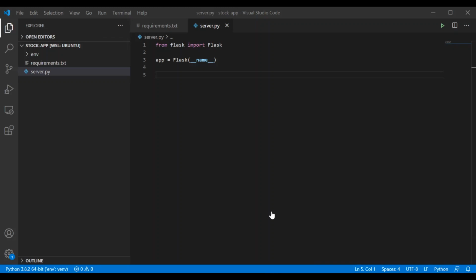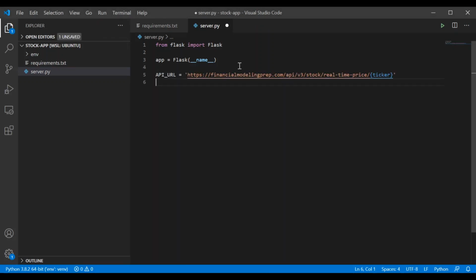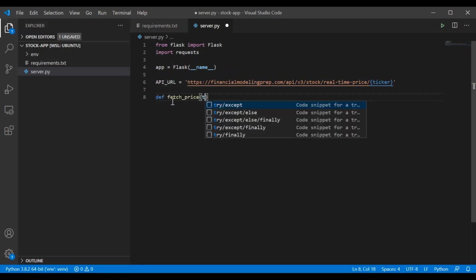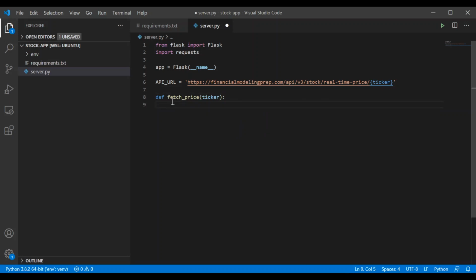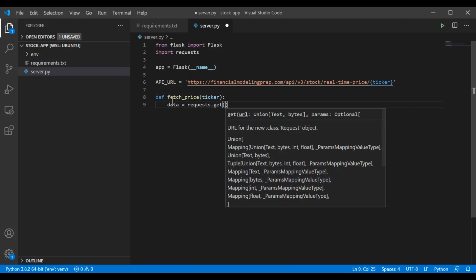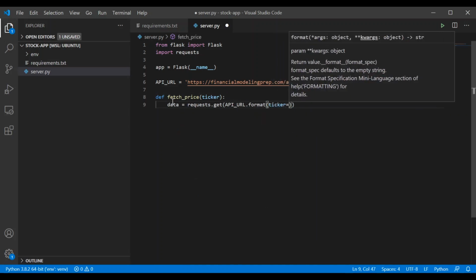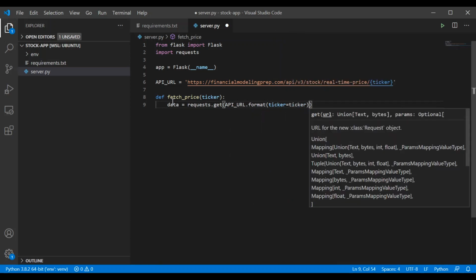The very first thing we're going to need is to specify the API URL. So here I've entered our API URL, and I've noted that this is the thing that we're going to change in each request. Next up, we're going to have to import the requests library in order to actually make requests. And then we can write a function called fetch_price that takes in a ticker and gets the data from the API. So we're going to do requests.get of API URL, and we're going to format it with ticker equal to the ticker that we were passed in here,